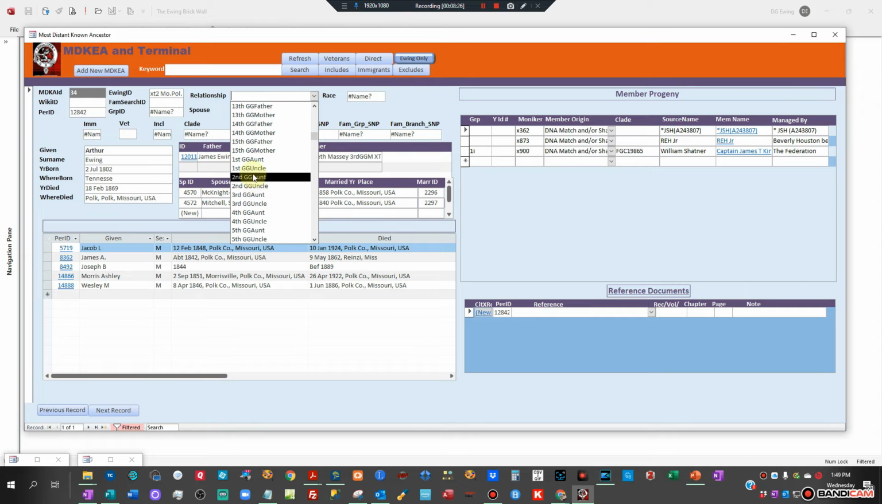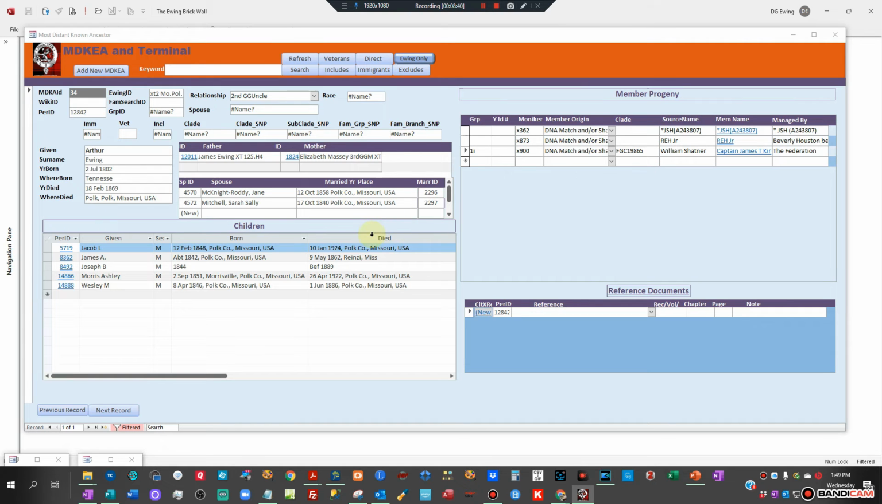Obviously you can add whatever relationship it happens to be. If I can find it, second great grand uncle, okay. Click, you can add the resources again. Those are the 3 DNA matches who also have Arthur as